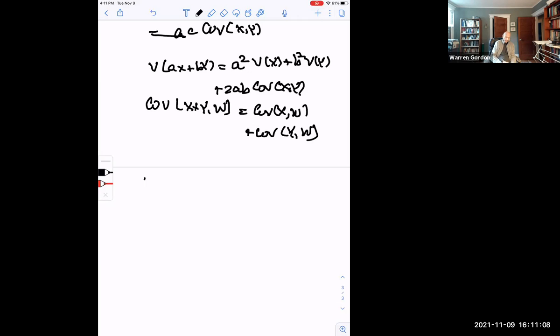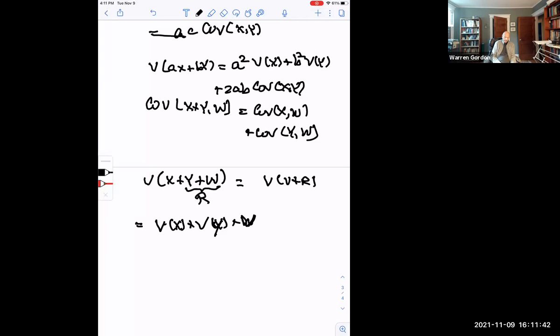Suppose I wanted to compute something like V of X plus Y plus W. What would I do? I would call X plus Y, say, R, and then do the formula for V of R plus W, and then expand it again. If I did that, this would turn out to be V of X plus V of Y plus V of W